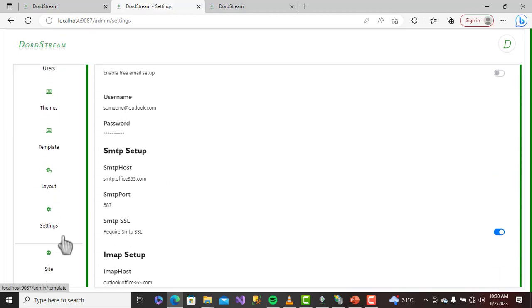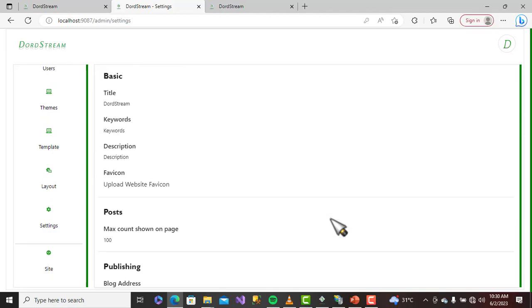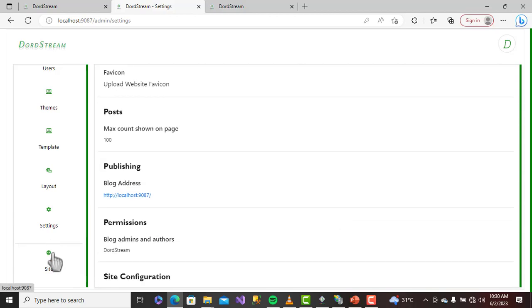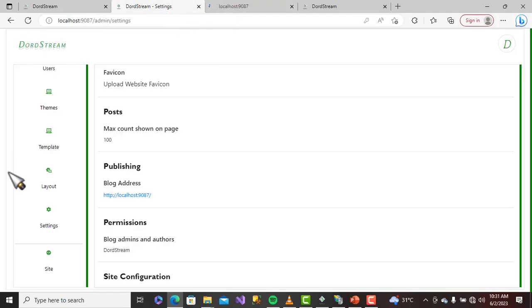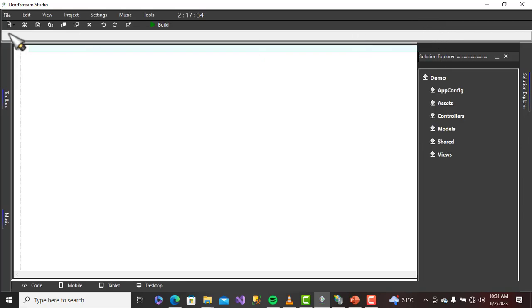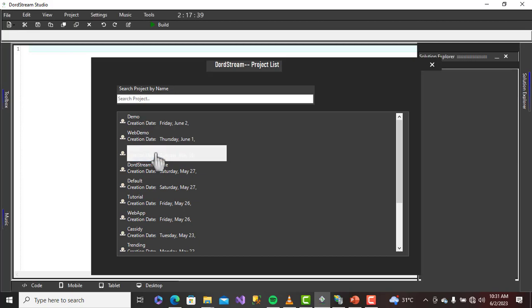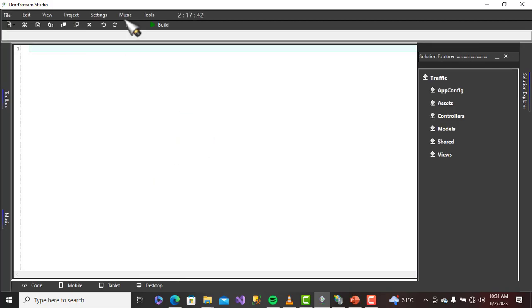So now this is all about the settings section, because this is the pain point, whether you're a developer or not a developer. This site is just for you to display on the client side. Before I go, let me show you a simple way through the DordStream Studio. For example, let me open a project now. I'm working on a traffic project here. So instead of me having to stop and start IIS, because I'm working on an application,